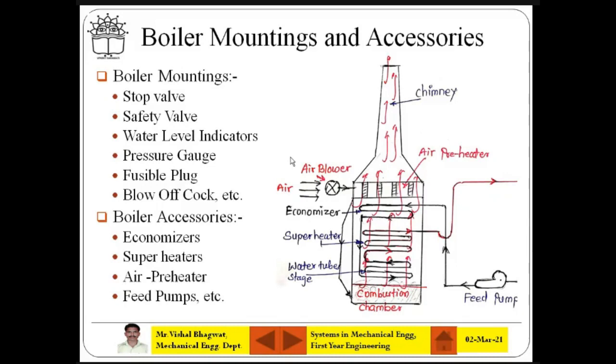Okay, so those actually increase the efficiency of your work, correct? Your work efficiency. So the boiler accessories are the economizer, the superheater, the air preheater, and the feed pump. The feed pump also, because it is supplying some quality and quantity of water. So the feed pump, air preheater, superheater and economizer are called boiler accessories, because they ultimately increase the efficiency of the boiler.